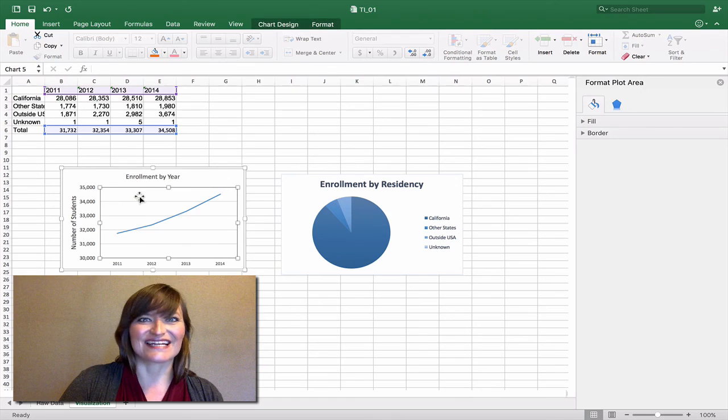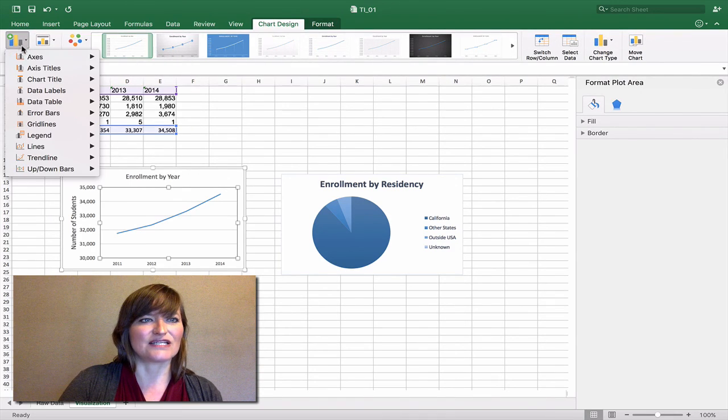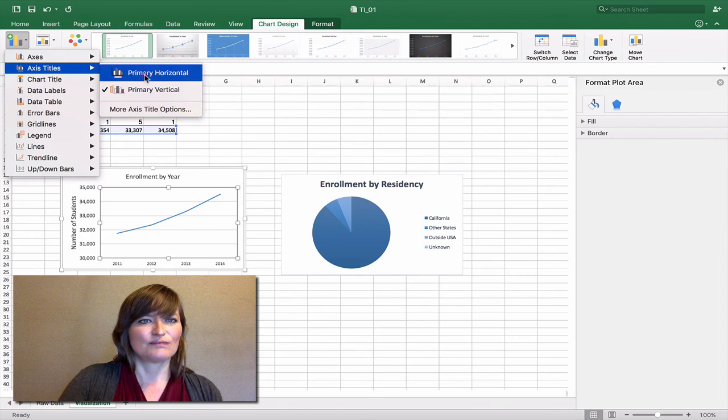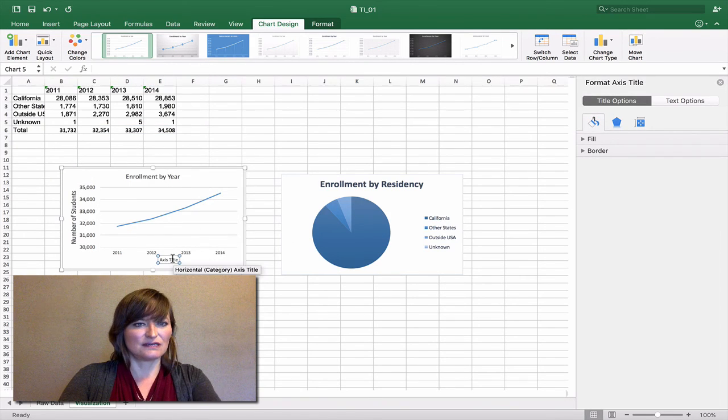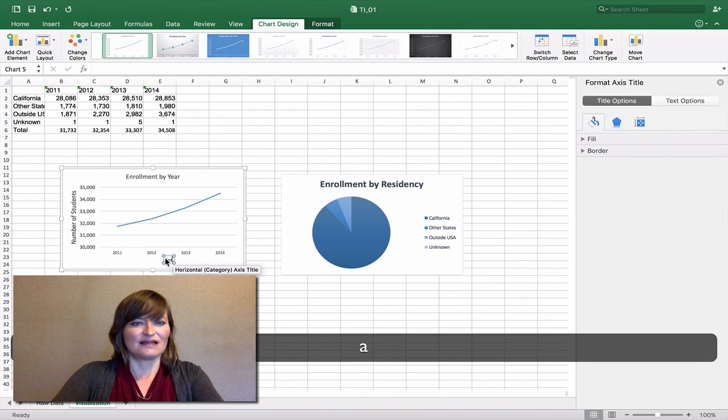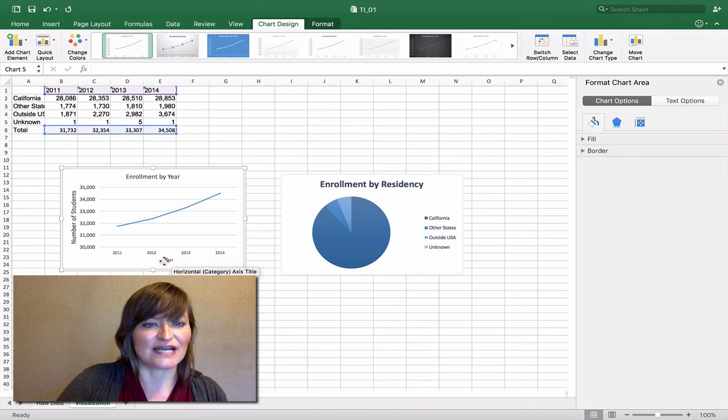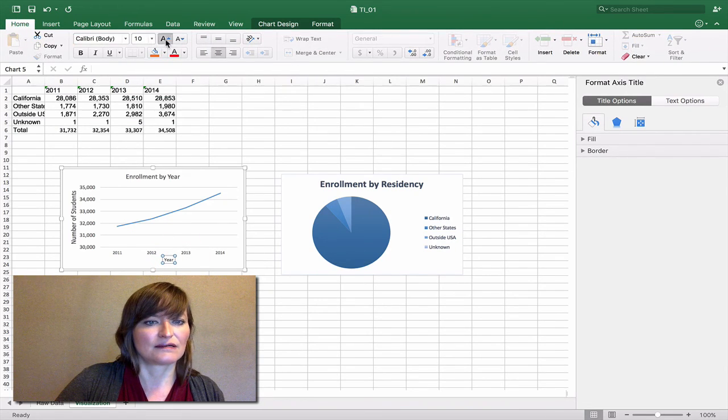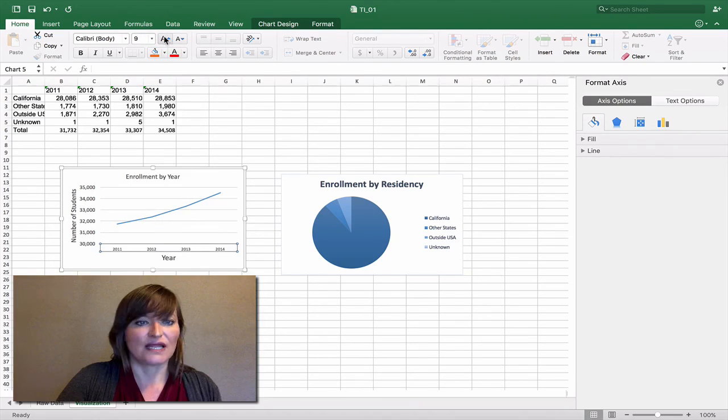We click to select the chart. Under Chart Design, Add Chart Element, Primary Horizontal. And so this is enrollment by year. And here is the title, year. Let me increase the font size here too.